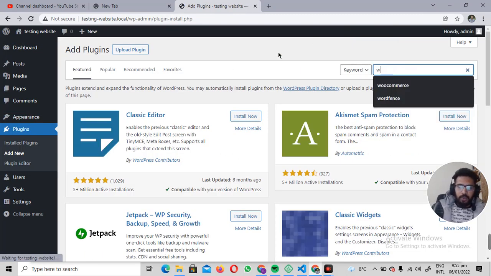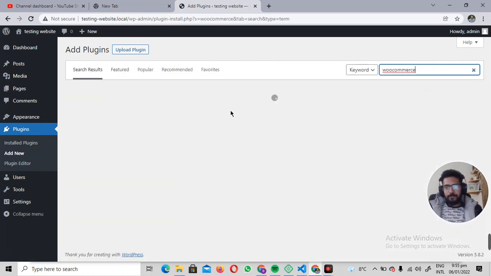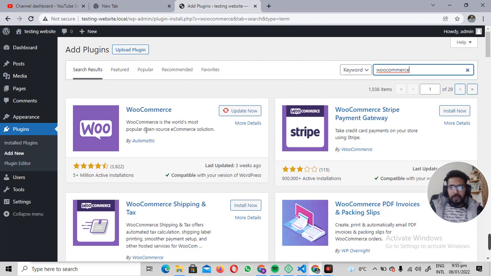and from there you will have to search for WooCommerce. The very first result is the WooCommerce plugin that we need. I just installed it previously because it takes too much time to install the plugin. It is a kind of heavy